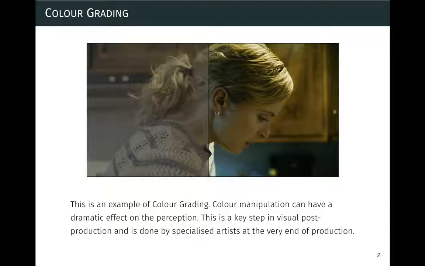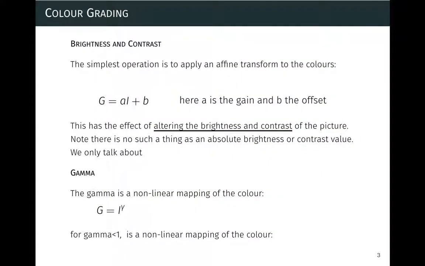And when you work in movies, actually I worked in movie post-production for a while, the color grading of your movie is super important, okay? And it's something you really spend, you have very skilled artists trying to do the right touch to your picture, okay? And usually the type of operations you do are actually quite simple, okay? So I just listed between these two slides three types of operations you will have,